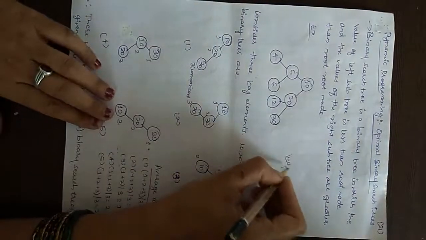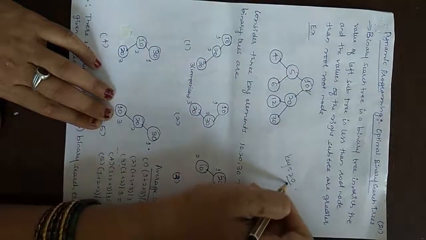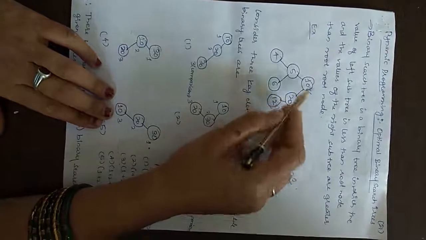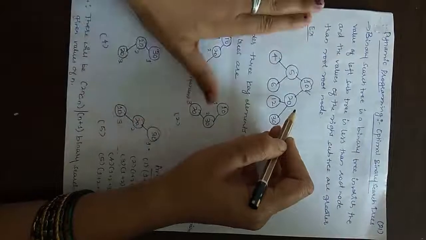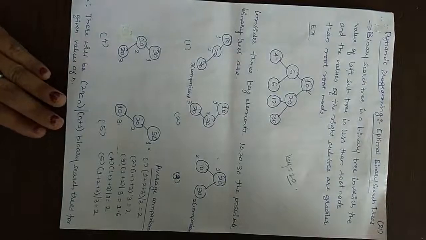Where do we use this binary search tree? Suppose we are going to search for an element, at that time we construct a binary tree out of the elements, then find the key there, because it becomes very easy to search. Suppose I am going to search for the key element 20. I will compare this 20 with the root node first. 20 is greater than the root node. Greater values will be on the right side. So directly I will go to the right side, avoiding the complete left side. Therefore it becomes very easy to search for key elements using this binary search tree.